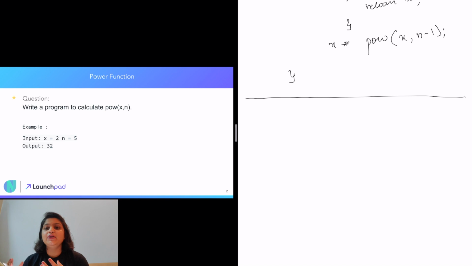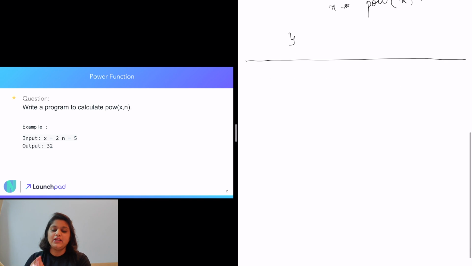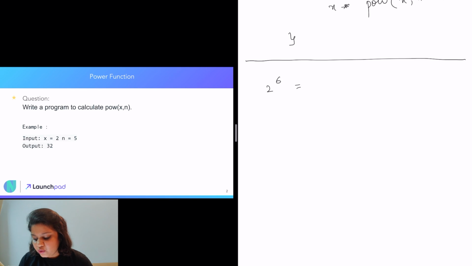So there might be a possibility where we can call the power function fewer times, and based on these theories of mathematics, we can compute the power in less time. So if we have 2 to power 6, what we can do is 2 to power 3 into 2 to power 3. We just calculate 2 to the power 3 and multiply the answer by itself, and we would end up having 2 to power 6.